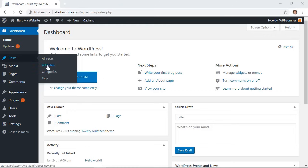go to do that. The media area is where you upload your images and your photos that will be housed on your site. Pages are very similar to posts. Pages are the things that don't need a date timestamp on them, and it's for things like your about page, maybe a contact us page. Comments, if you start to get a lot of comments, this is where you can go to approve or edit